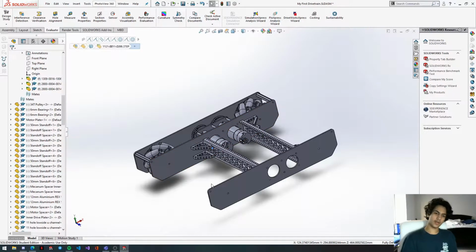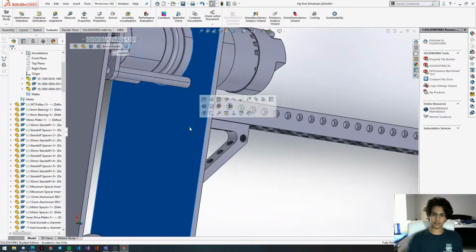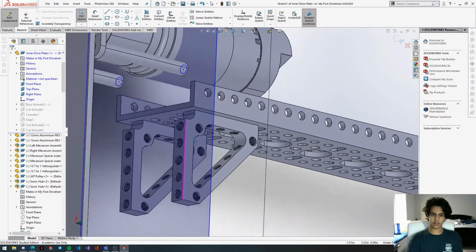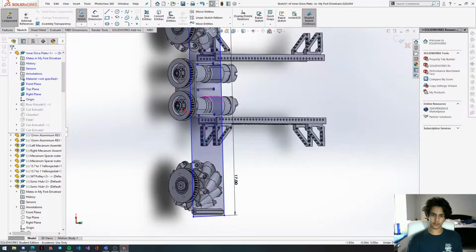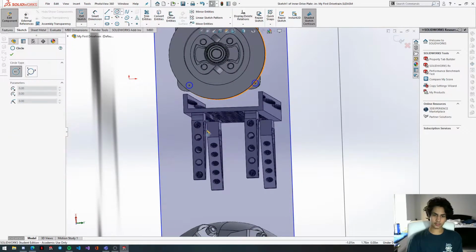Make sure you have these in the right position so that the holes that you make will be accurate to the ones I'm about to make. Okay, so now we're going to right click this drive plate, click edit sketch, and there we can see all these holes. I'm just going to hide this outer drive plate by clicking tab. There we go. So now I'm going to get out my circle tool, line this up,